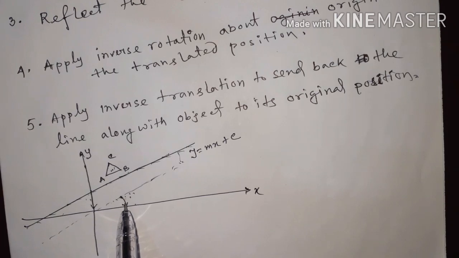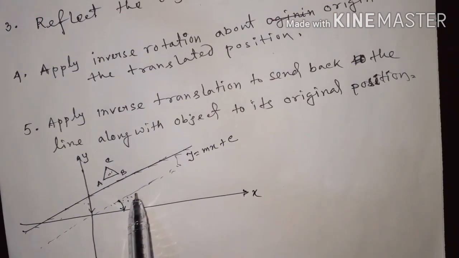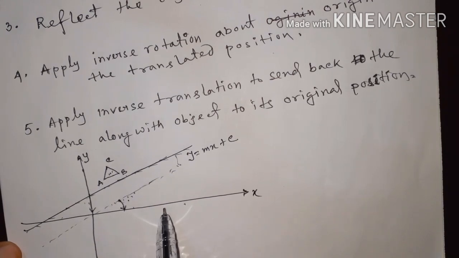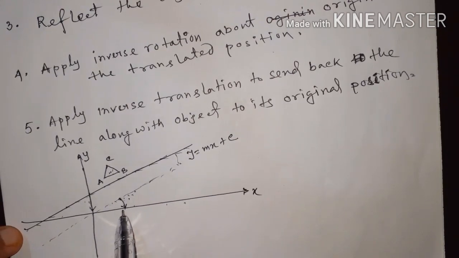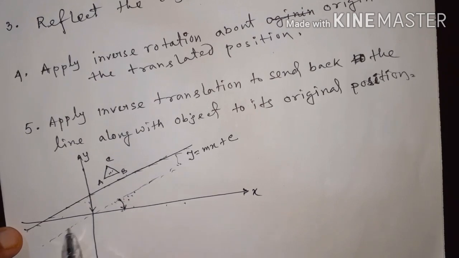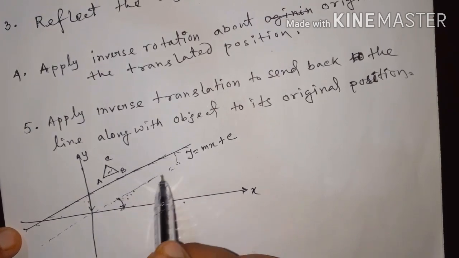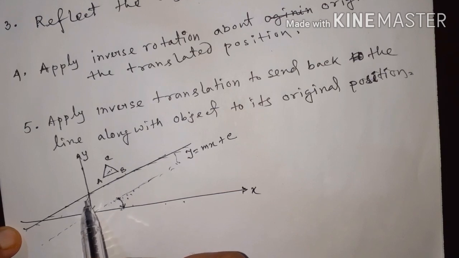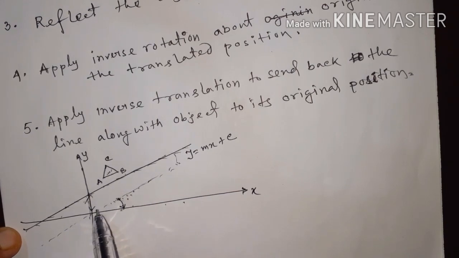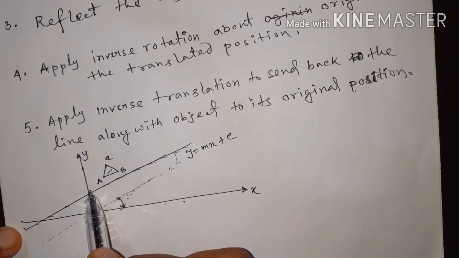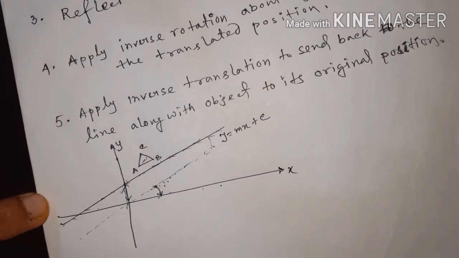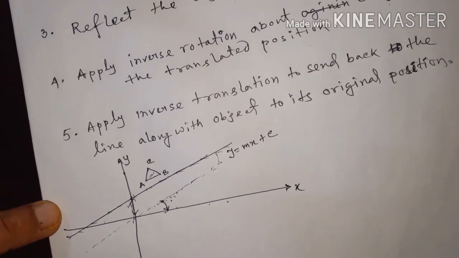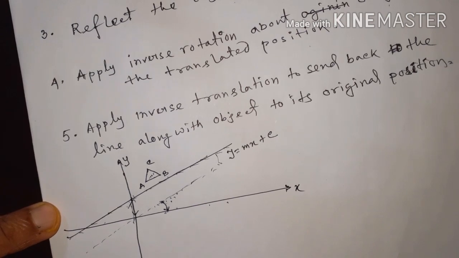Next step, reflection about x, because we aligned with the x-axis. So reflection about x, then inverse rotation, rotating back to the translated position, line along with object, and then inverse translation, that means the line along with the object goes to the original position after rotation. So the final transformation matrix T equals the first transformation matrix for